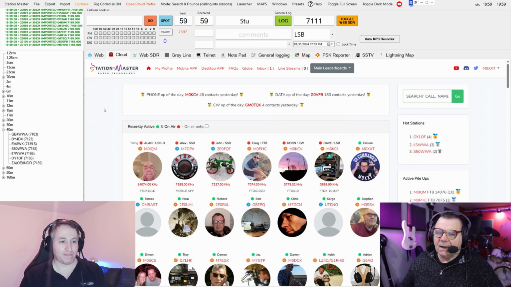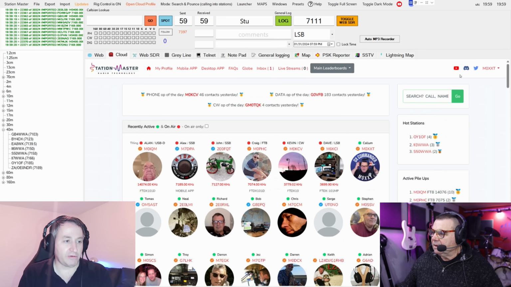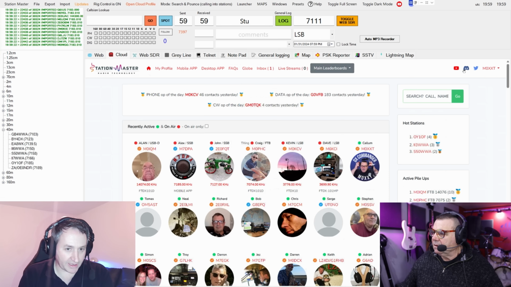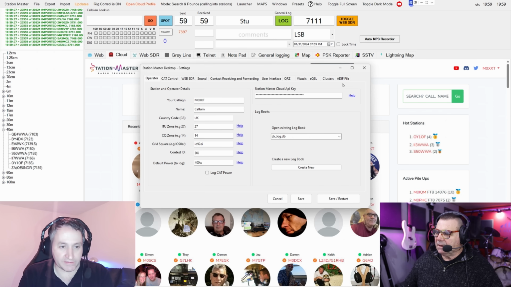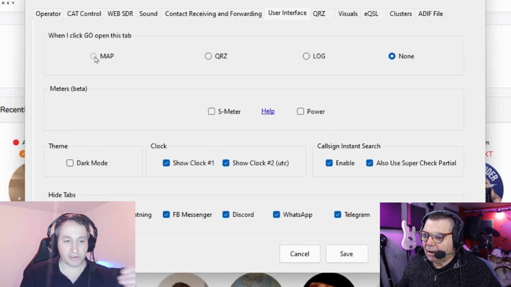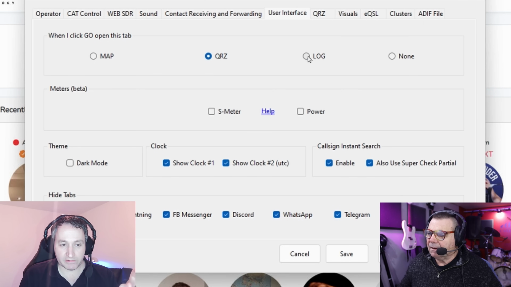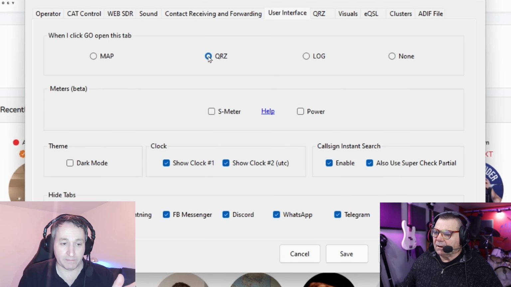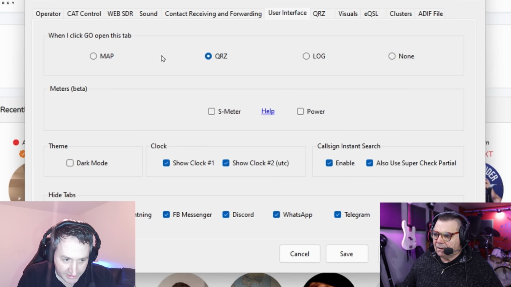Right, okay. What you can do, if you go into file, settings, while that's doing that thing, is go to user interface, which is next to QRZ. What you can do is when you search, press tab or hit go, you can tell it what tab you want to go to. So you can either go to the map or you can go to QRZ. A lot of people would select QRZ because that's what they want to see when they're working people. So if we leave that one ticked